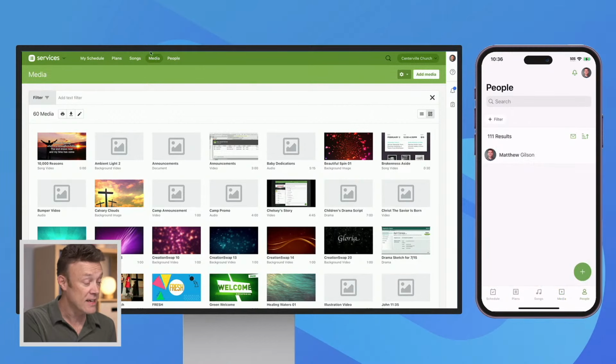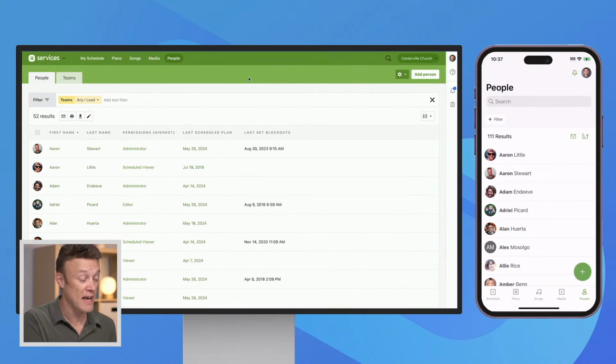And then finally, we have our people page. These are all the people that are serving in some capacity at this church. And by default, it's showing you the people that are on teams that you lead. I have 52 people on teams that I lead, but you can do filtering on here and see all the other people as well. So this is kind of a general overview of the main tabs,